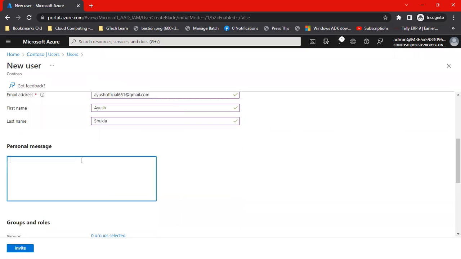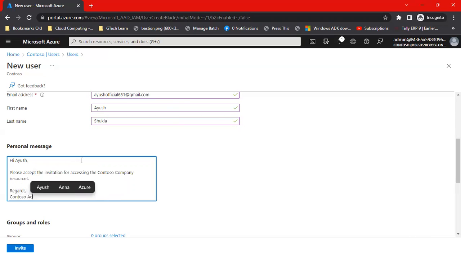And then if I want to send some personalized message, so: Hi Ayush, please accept the invitation for accessing the Contoso company resources, and then I can type regards